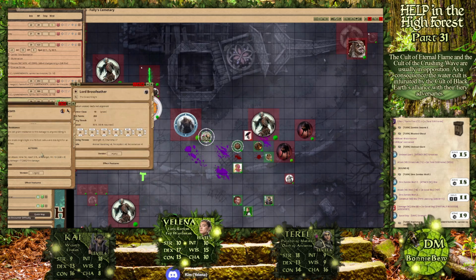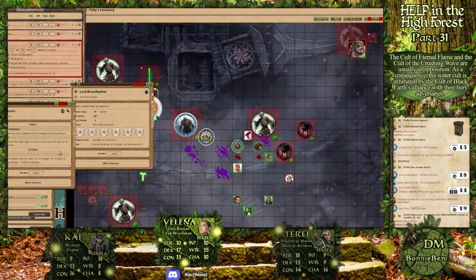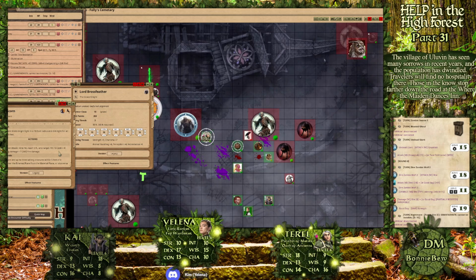Lord Brossfeather, he rides forward on his nightmare steed. And realizing that he is this pesky outline. By the way, what color is your Faerie Fire? Hang on, let me just check my colours again. Green. All right. So he's surrounded in this green light, but it is a different tone and shade,